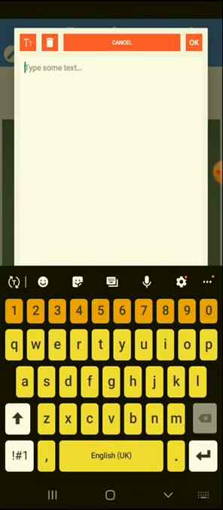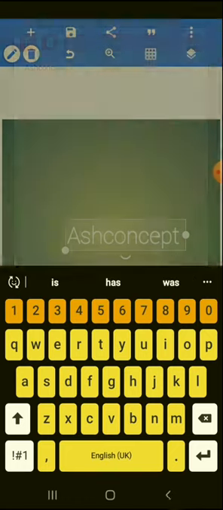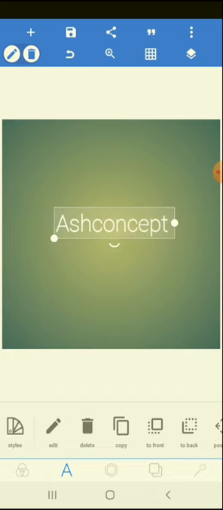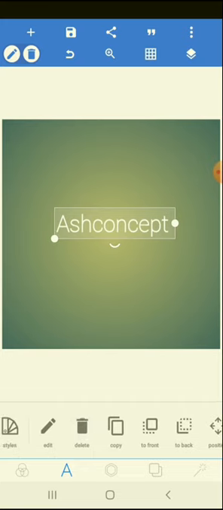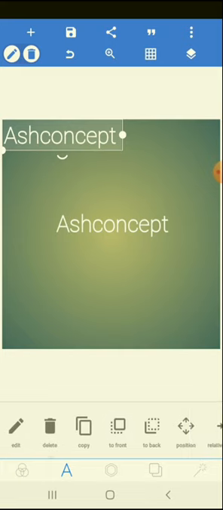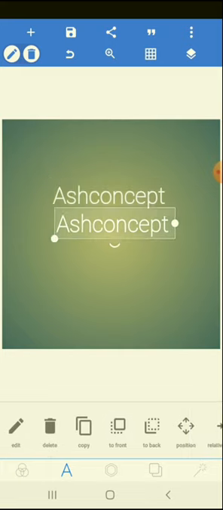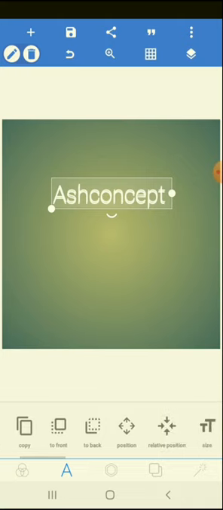Let me clean this one and write Ash Concept. As you can see, Ash Concept is here. If you click on delete, it will delete the text. If you click on copy, it will copy the text. If you click on front, this is for when you have two different texts and you want to bring one forward. Click on back, it will take it back. So if you click on this position here,